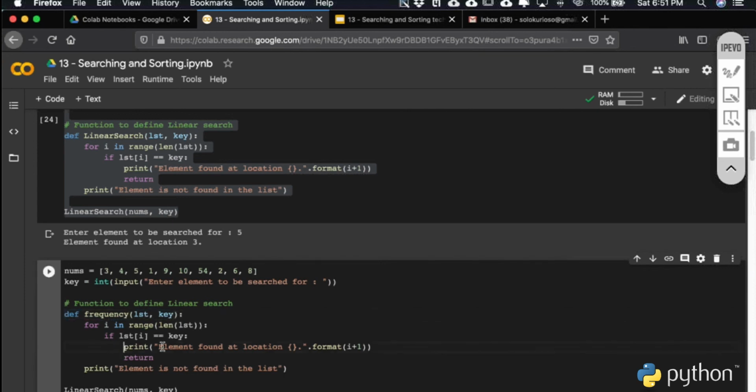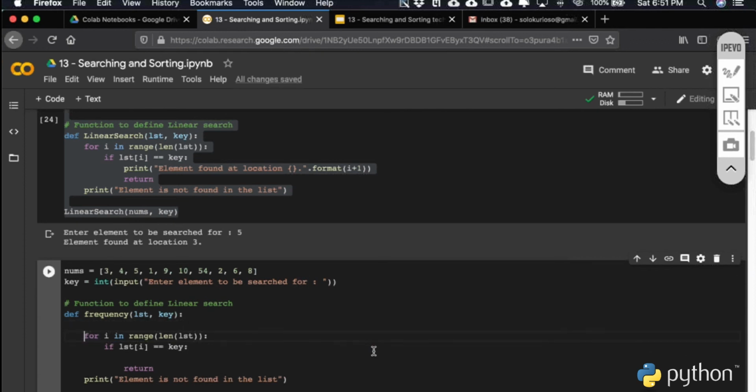So instead of printing this, you can initialize one variable with 0, and every time you find this particular parameter in the list, what you do is increment this particular variable. So count becomes count plus 1.